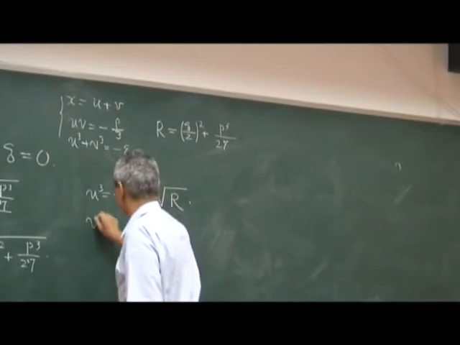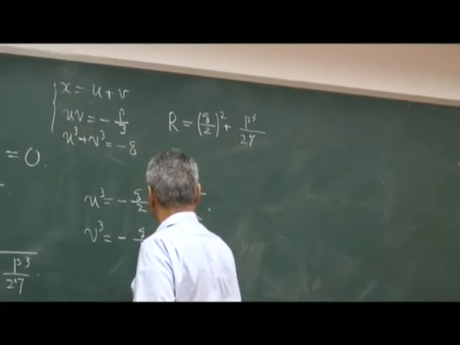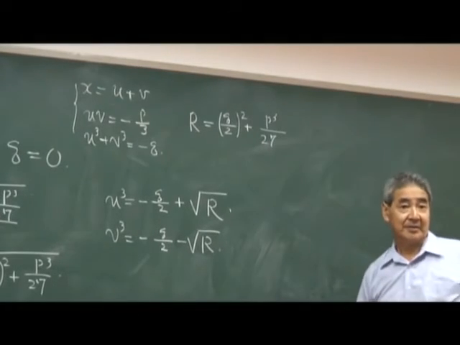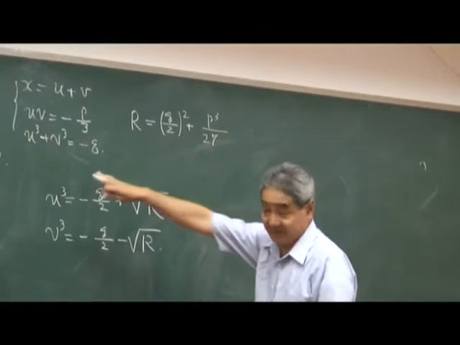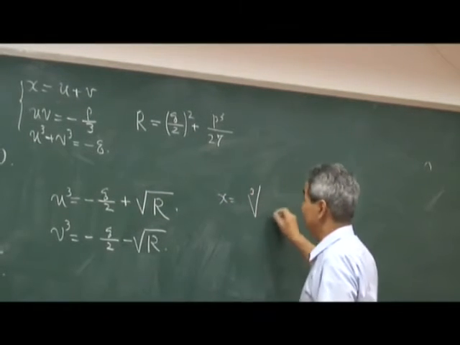And V cube is minus. Then, what is the solution? X, original, you just take the cubic root of